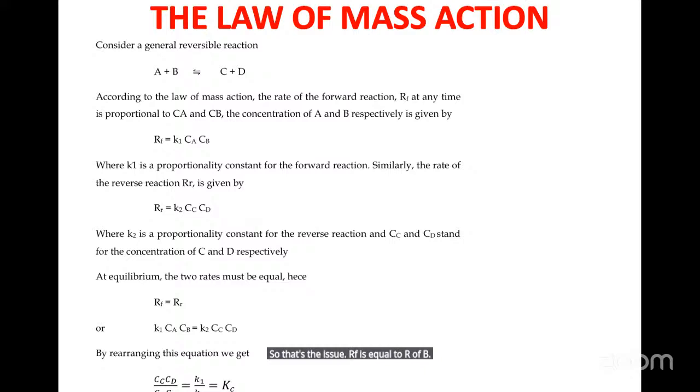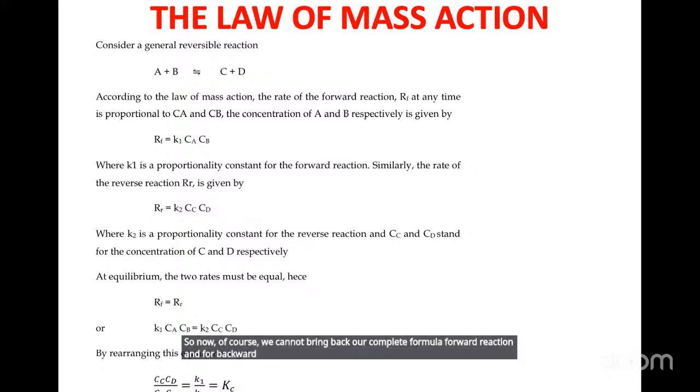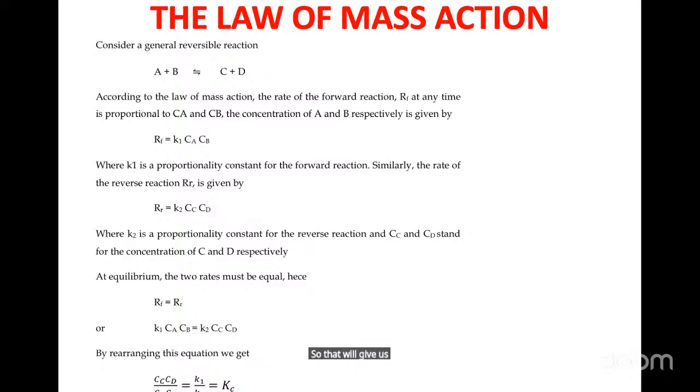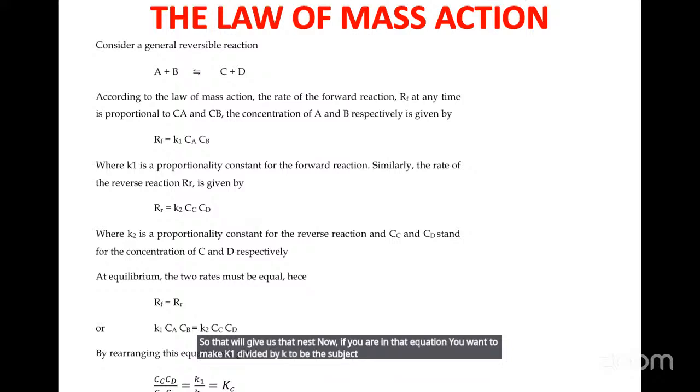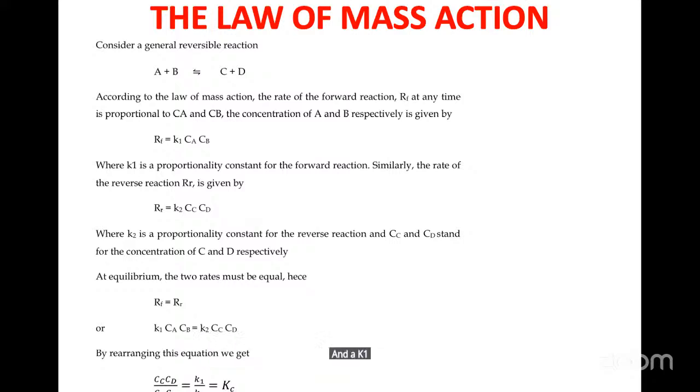So now, of course, we can bring back our complete formula for forward reaction and for backward reaction into that RF is equal to RB. So that will give us that next equation. Now, if you rearrange that equation, you want to make K1 divided by K2 the subject of the formula, then you will end up with that last equation that we have. And now K1 divided by K2, which is the rate constant for forward reaction divided by the rate constant for backward reaction,